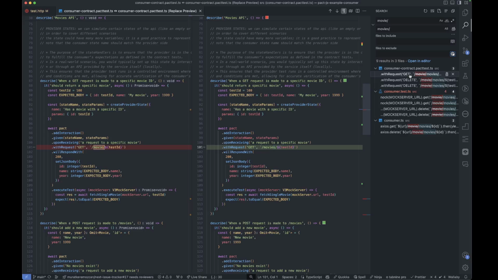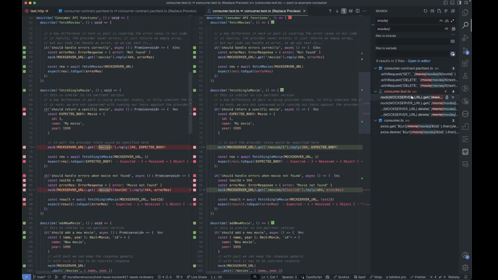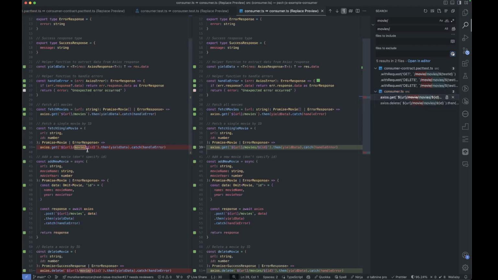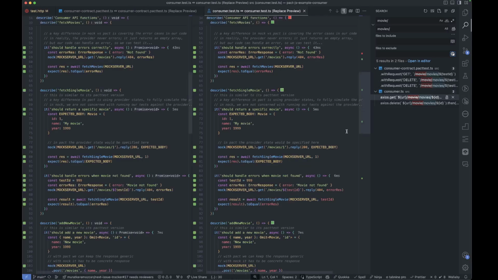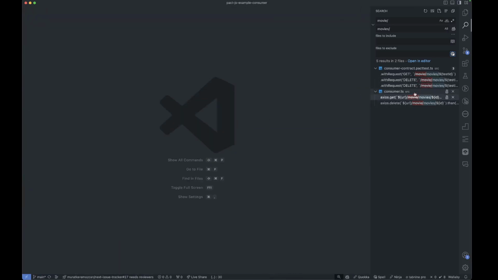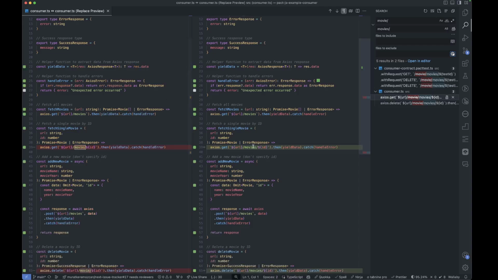We have a knock test right now. Of course, because of the changes, this is going to fail, so we'll replace those two. Movie will get replaced by movies. And then we'll have to replace the actual file right here, consumer TS, the one that's making the network call, so that movie becomes movies.